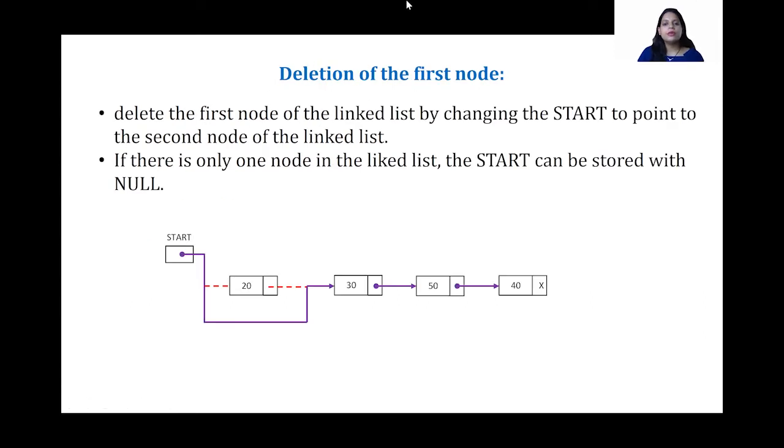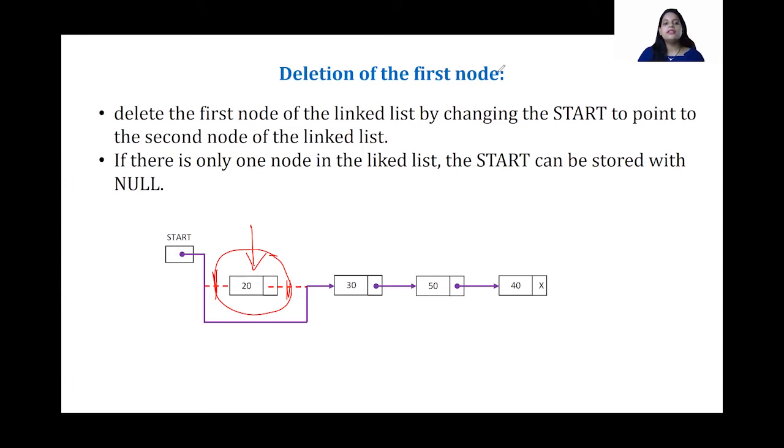The very first one which we are going to learn about is deletion of the first node. So we have a linked list something like this, and I want to delete this very first node. So how can we do that? So very simple. In deletion, all we have to do is first find out which node you want to delete. In this case, ours is going to be the very first one. So once we find out the node, all you have to do is link the previous node and the next node. So when we do that, that is, I am removing this link between them, and then I am establishing the link between the previous and the next node. So when I do that, automatically this node is freed. In other words, we can say the node is deleted.